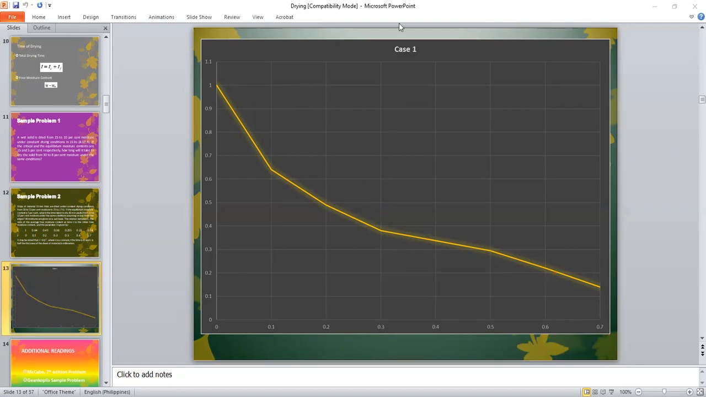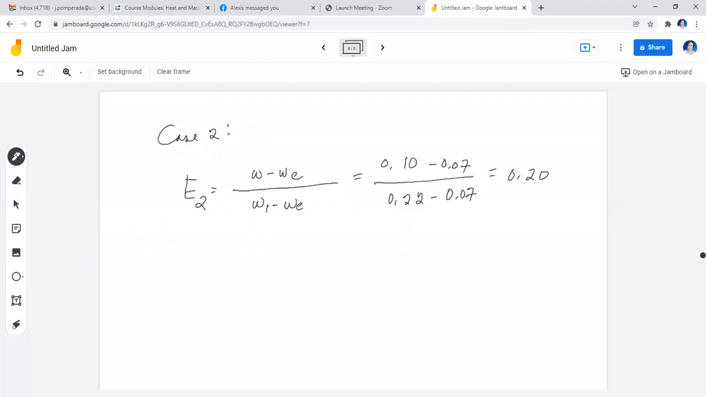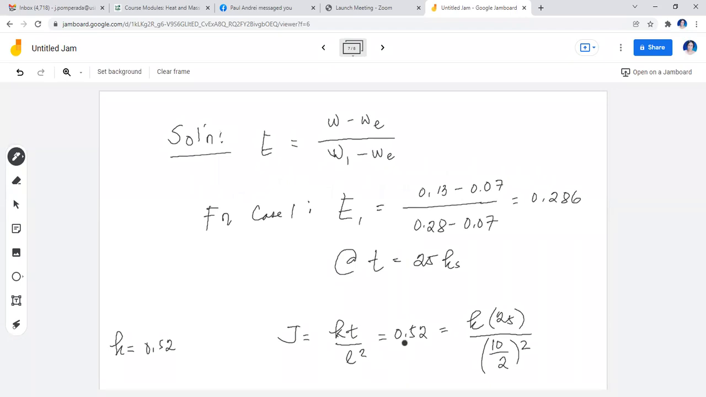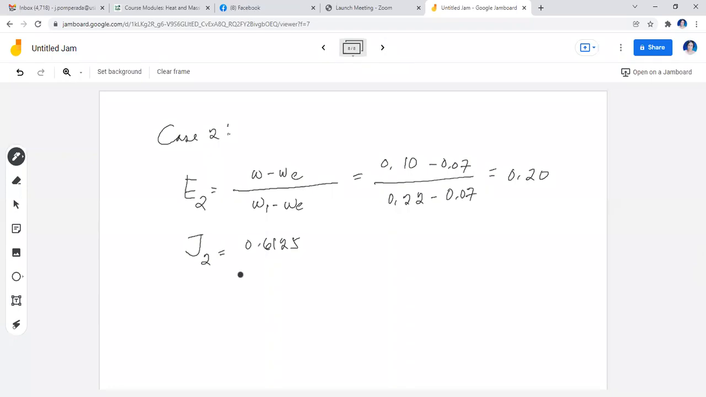Cross 0.6125. We go to our board and put here a J2, which is 0.6125. Okay, here our J1 is 0.52. So we have this one as 0.6125. So with this J, you can find the drying time for that new thickness of blank, starting with a different moisture content and ending with a different final moisture content. So we'll have